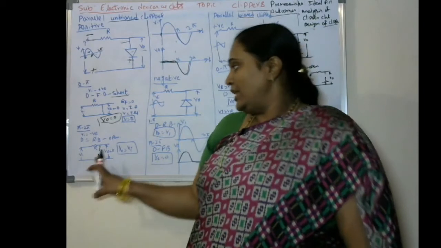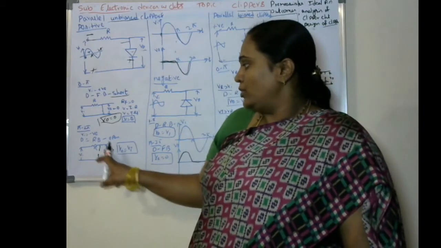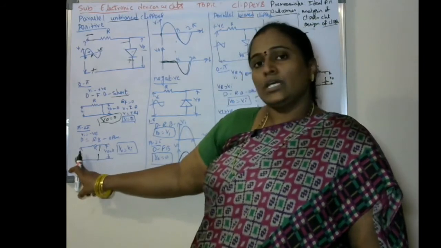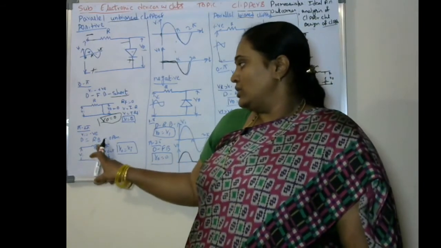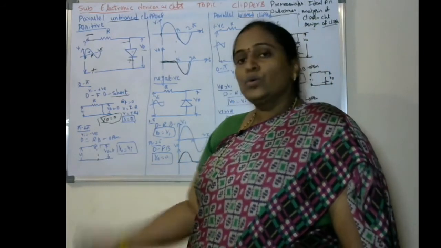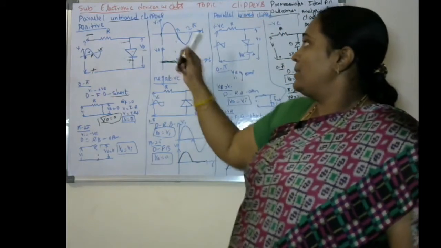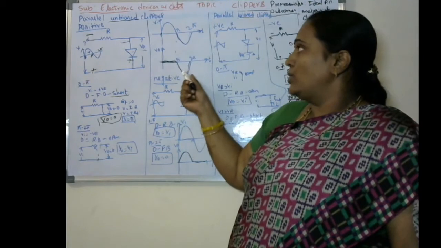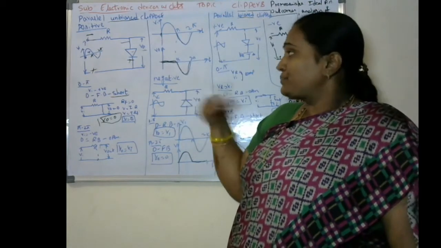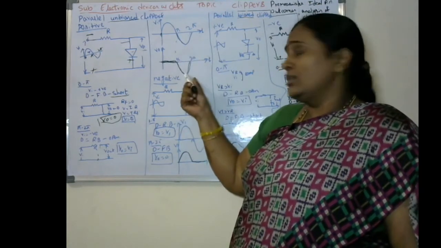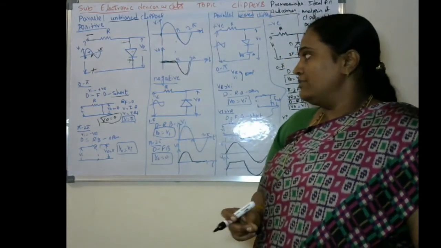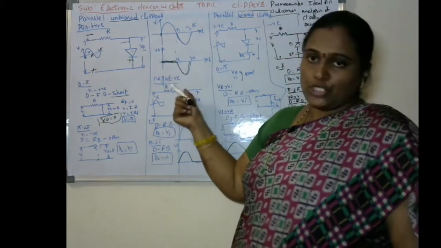So if it has been opened in the case, the output voltage we are measuring in between these two. So the output voltage is equivalent to the input voltage. So the V out will be equal to Vi. So how much input am I applying? This is the amount of input we are applying. So it's the same output voltage we are going to be able to get in the reverse direction of the negative cycle of the input case. Next we will go for analysis of the negative clipper.